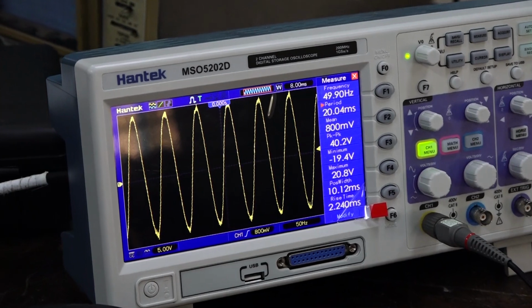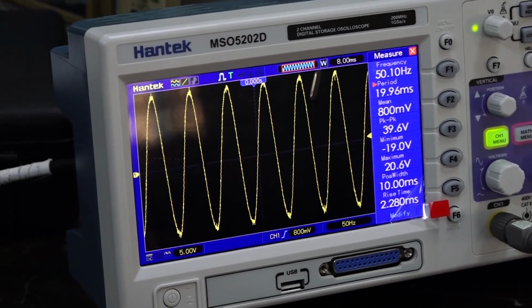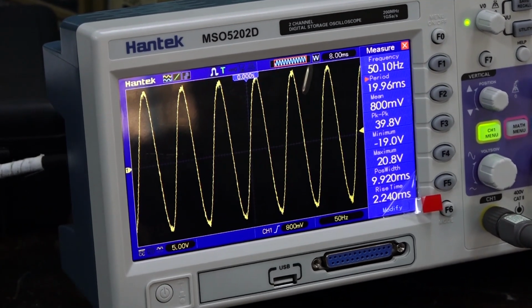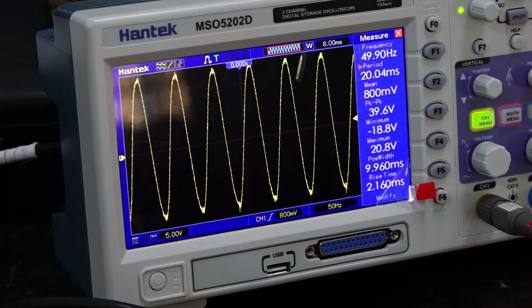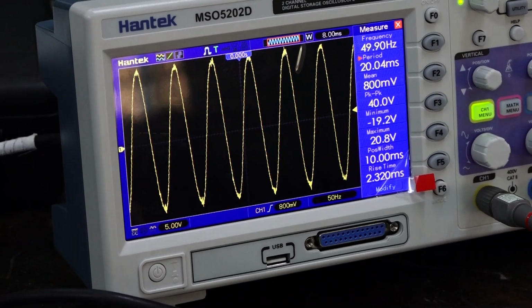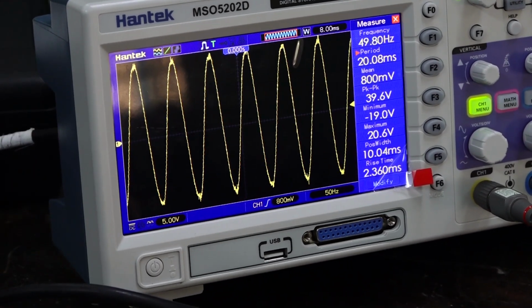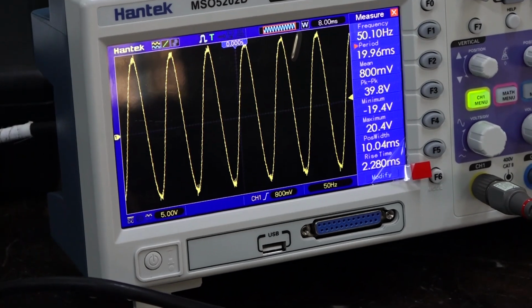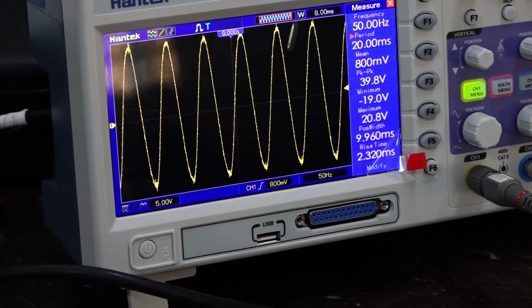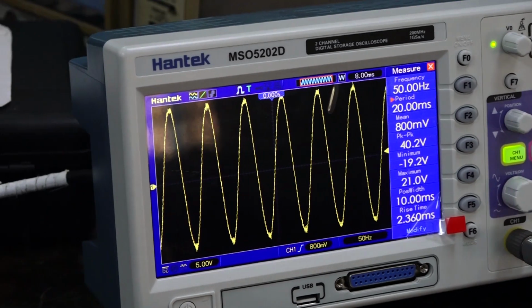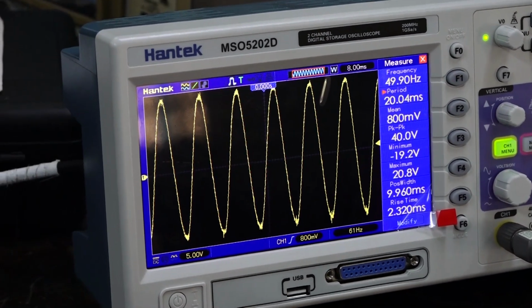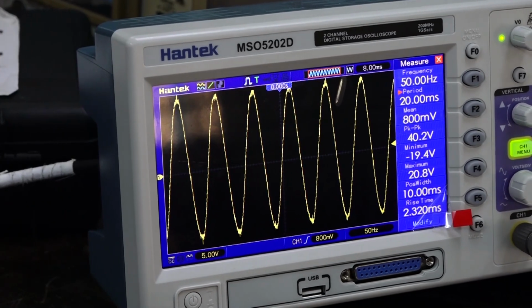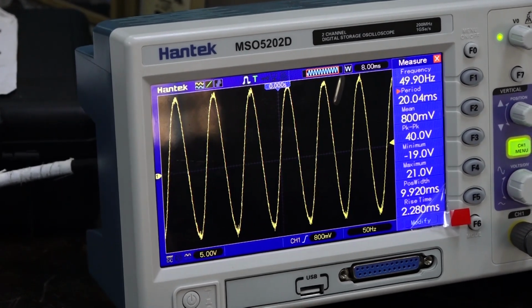Do our measurements change? Which parameter is changing? Frequency remains the same. It means that the output frequency is still 50 Hz. Right? Then the period, the same. The mean, the same. The maximum voltage,